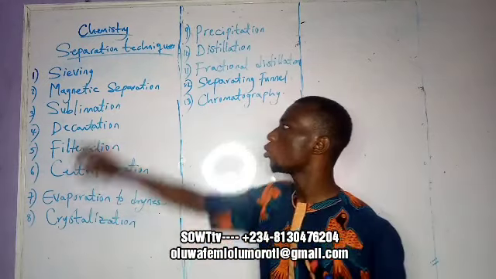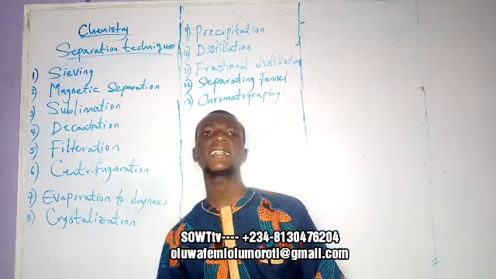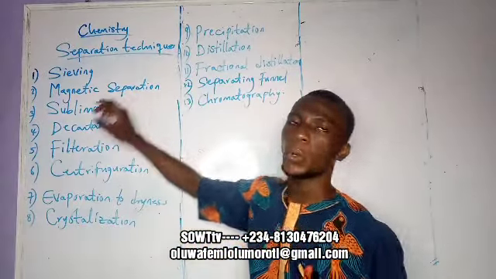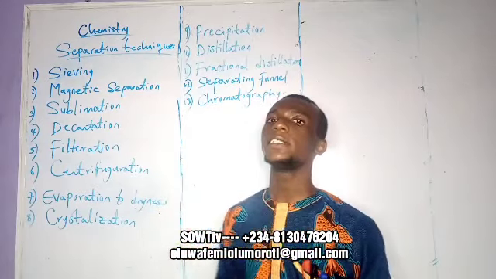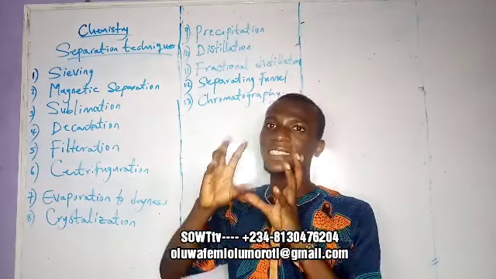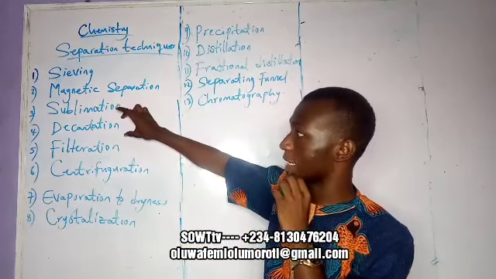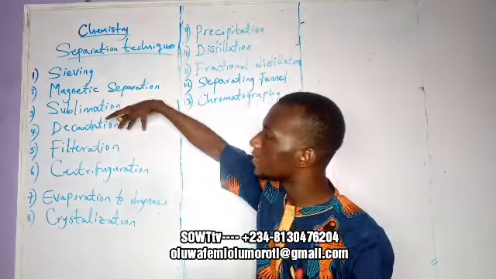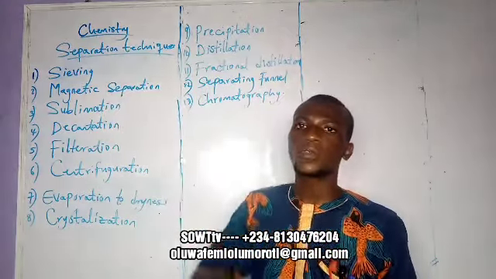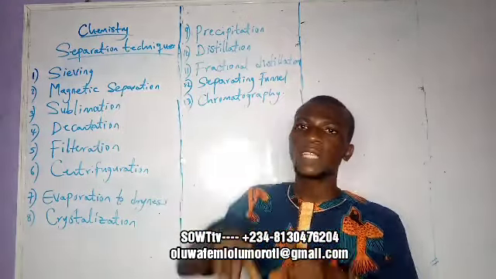And then we have what we call decantation. Decantation is used for a mixture of liquid and solid of distinct layers. Before we can decant, the liquid will stay at the top while the solid will settle down. So we now have two distinct layers. For us to separate such a mixture, we now decant. Decantation is just to pour out the watery part, or the liquid part of it,